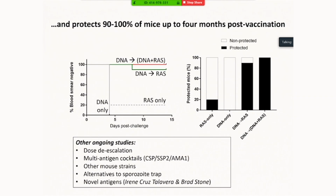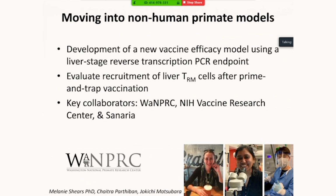And so we have now gone on and looked even later post-immunization and have data that 90 to 100% of animals are protected up to 4 months post-immunization when we give DNA followed by a single dose of irradiated parasites, which is much easier to do than 4 or 5 doses of irradiated parasites. We're evaluating a lot of different parameters around this, and we are looking for other antigens. We're also looking for ways to replace the sporozoites with something that doesn't have to be grown in mosquitoes, injected IV, cryopreserved, etc. But for now, we are also moving this forward, and we are moving this model into non-human